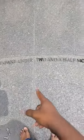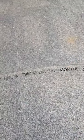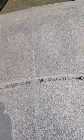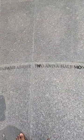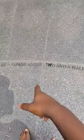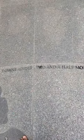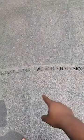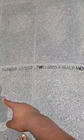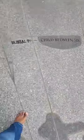Infants under 2.5 months. So some of you don't see the level of evil that was committed here, especially here where I am right now, right? Infants, 2.5 months old, babies, infants were actually buried as well. 128 right there, you can see it. And here